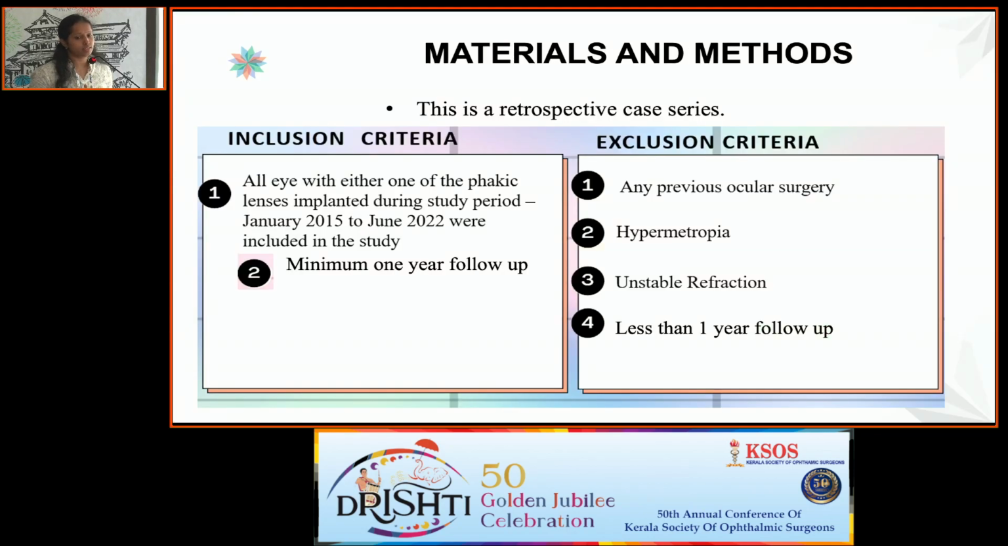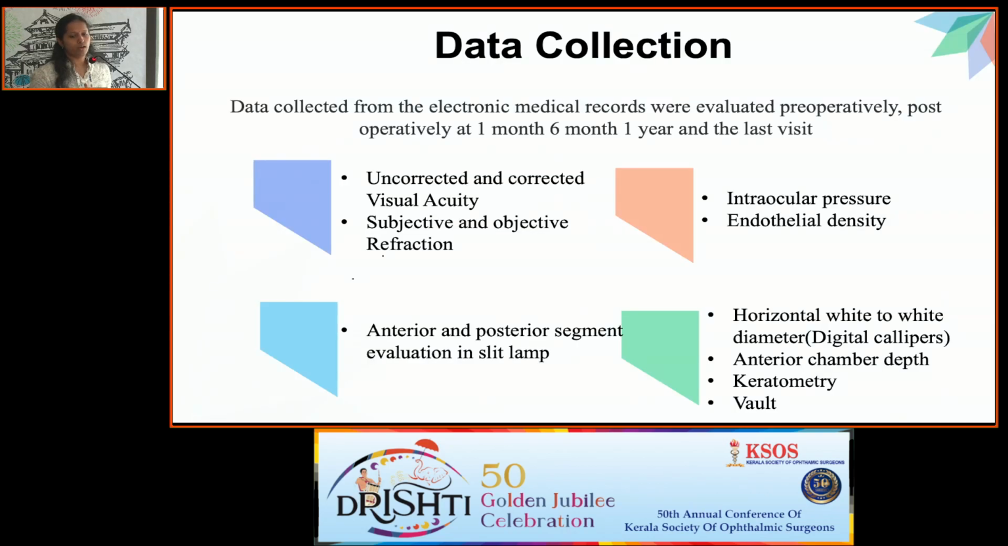It is a retrospective case series. Inclusion criteria included all eyes in which phakic lenses were implanted during the study period with a minimum of 1 year follow-up. The exclusion criteria were any previous ocular surgeries, hypermetropia, unstable refraction, and less than 1 year of follow-up. The data were collected from the EMR preoperatively and then at 1 month, 6 months, and 1 year